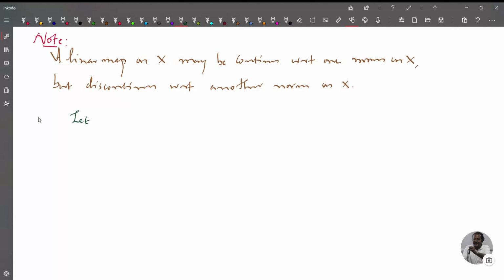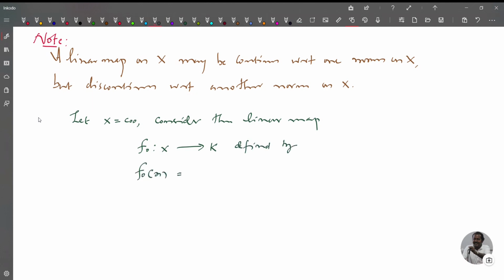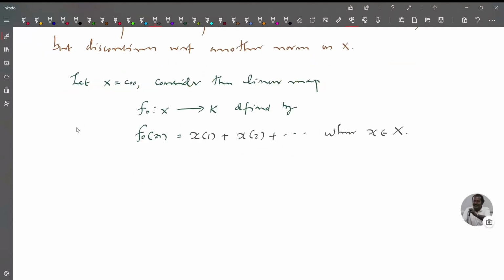Let X be equal to c00. Consider the linear map f0 from X to K defined by f0 of x is equal to x(1) plus x(2) plus etc., where x belongs to X. Then f0 is continuous with respect to one norm on X,